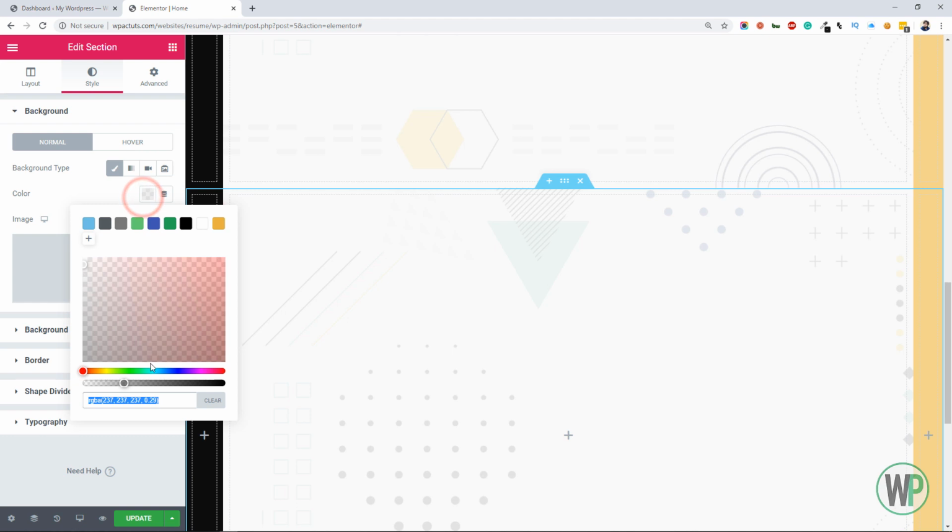And we will also give each section a different background color.